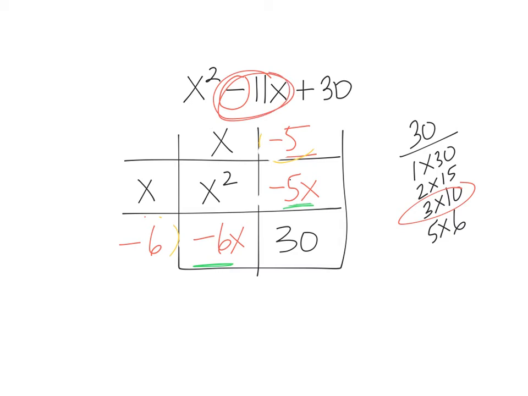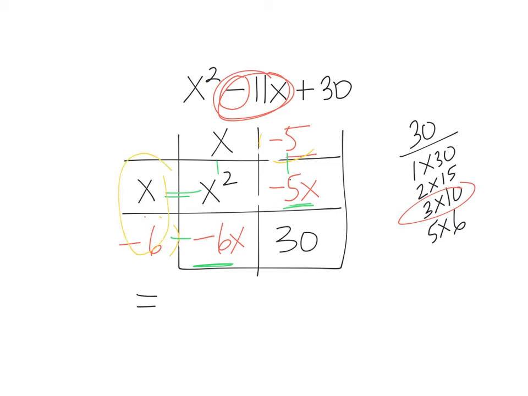Now I make sure my whole chart works. Okay, so I do x times x is x squared. X times negative 5 is negative 5x. Negative 6 times x is negative 6x, and negative 6 times negative 5 is 30. So I have that working out there. So the answer,